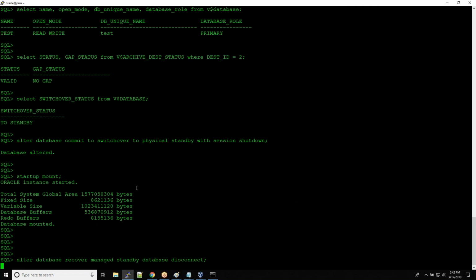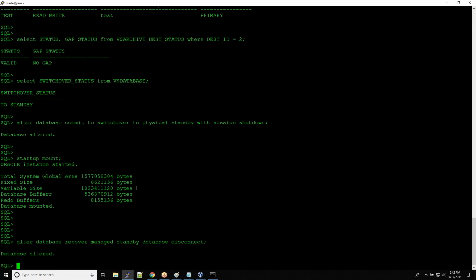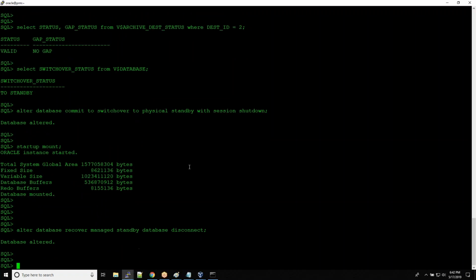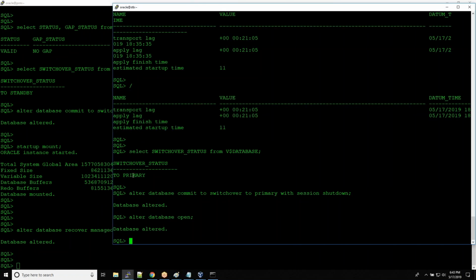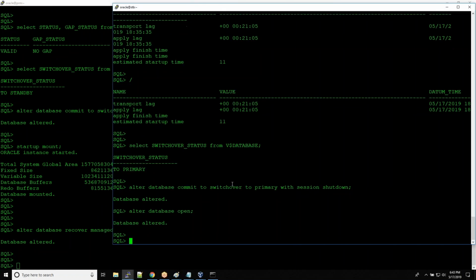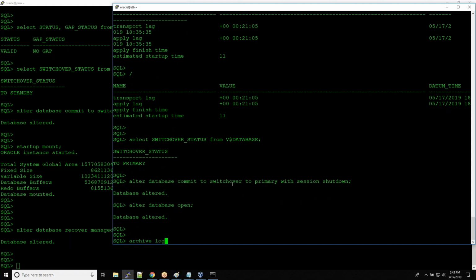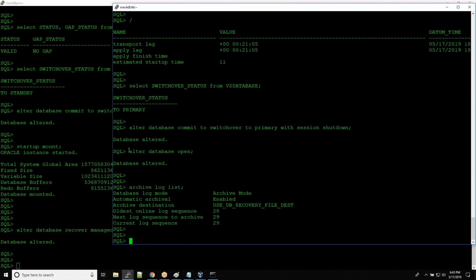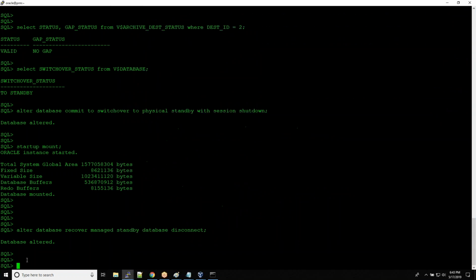And don't worry, we'll be performing a couple of log switches to see if our Data Guard setup is working fine or not. All right. So this window which was earlier primary is now standby, and this window which was earlier standby is now primary. So archive log list, it is working on log number 29,